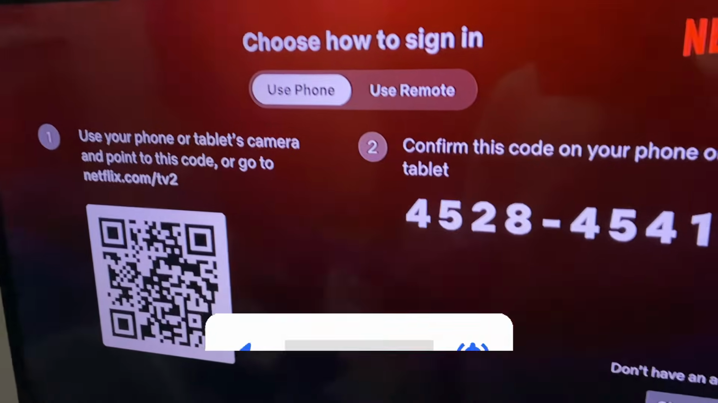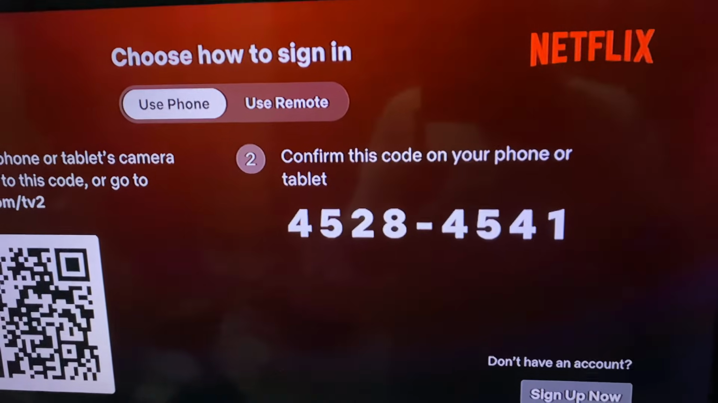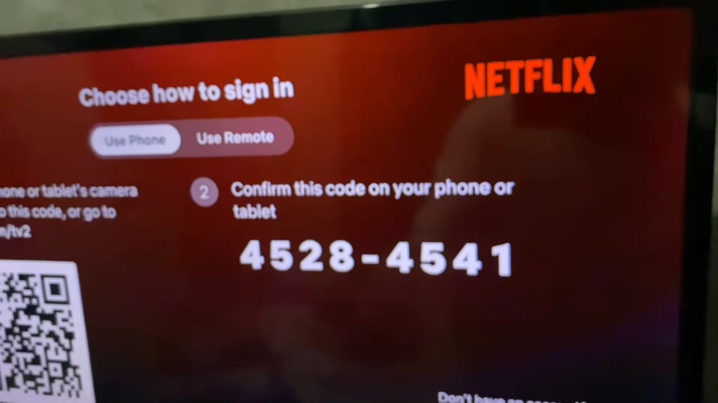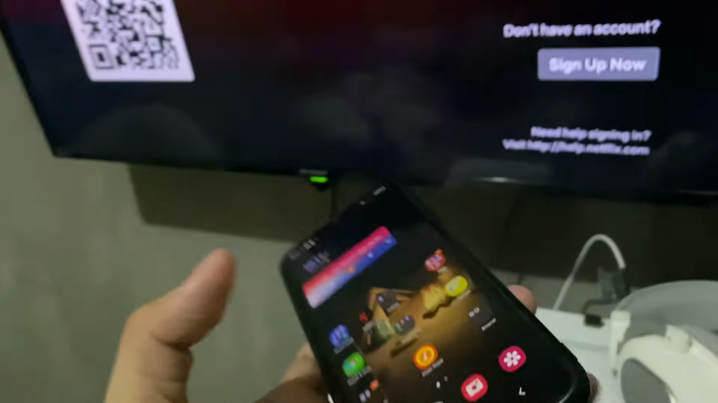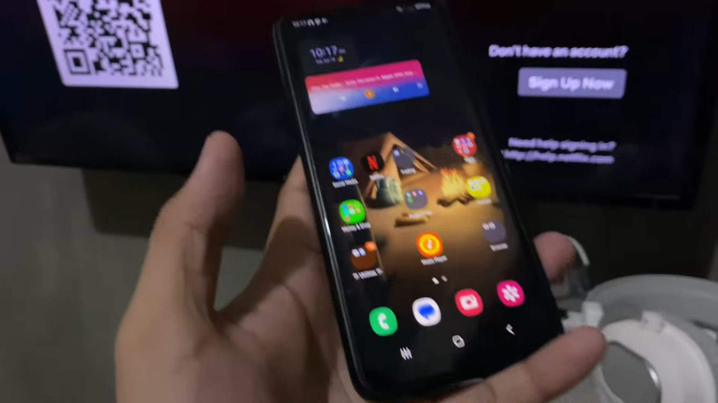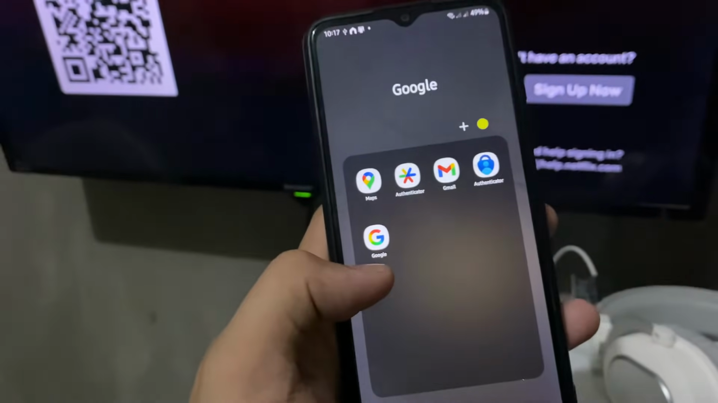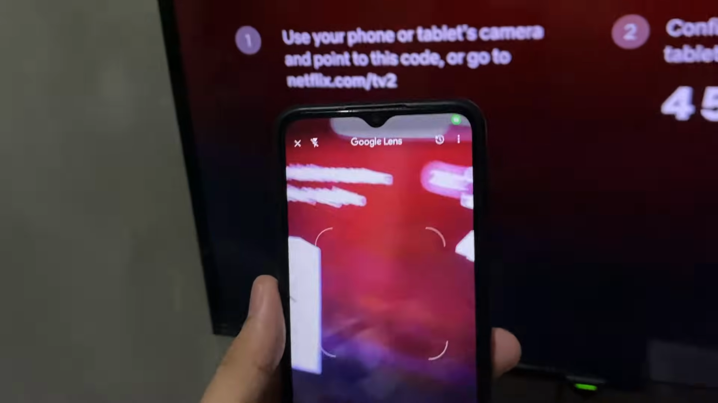As you can see here, when we try to log into Netflix on our TV, you'll be able to find some code. So how do we use that? First up, just go ahead and scan the QR from here. Use your phone, okay? And go ahead and open up the camera app or the Google app right here. Open it up and use the camera like so. Point the QR code,